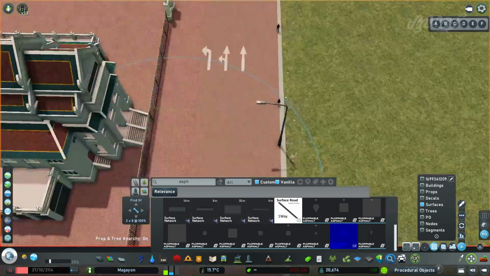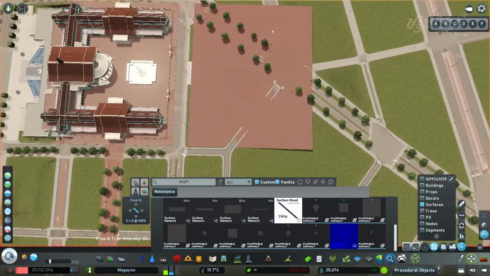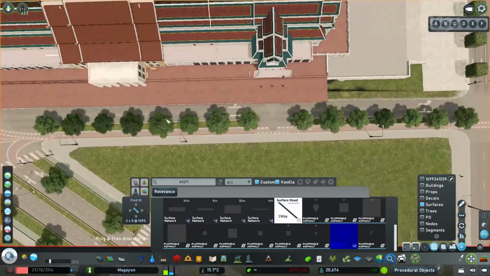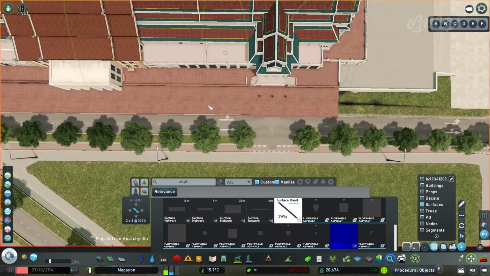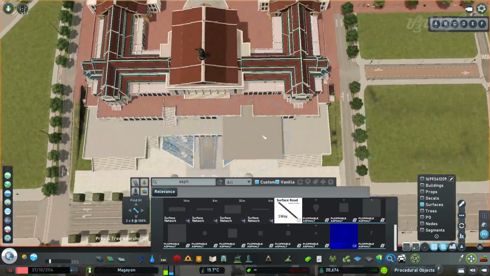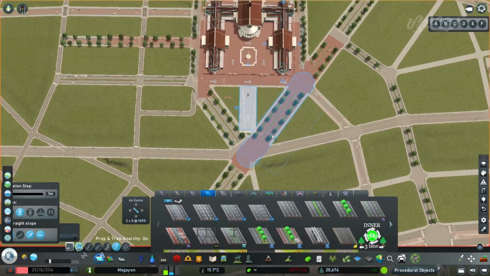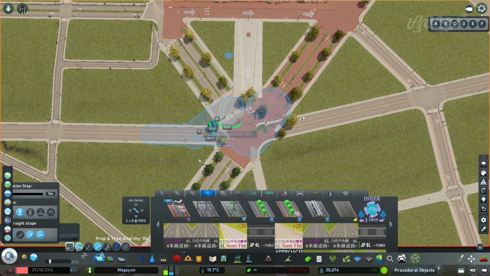Now, I used decals to cover up the ground with this red brick type of thing, but the thing with decals, the further you go away, it doesn't render. If you zoom out, it doesn't render it. So I decided to put an asphalt texture, an asphalt surface, change the color of it to match the brick, and then placed it below it. So yeah, that's quite a nice trick if you ask me.